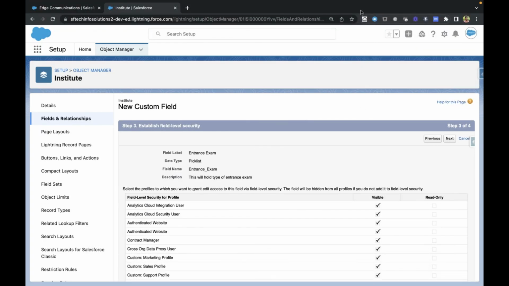Click on next. So this is some basic information, and I click on next. So then now, for which users this field should be available, so this field will be automatically